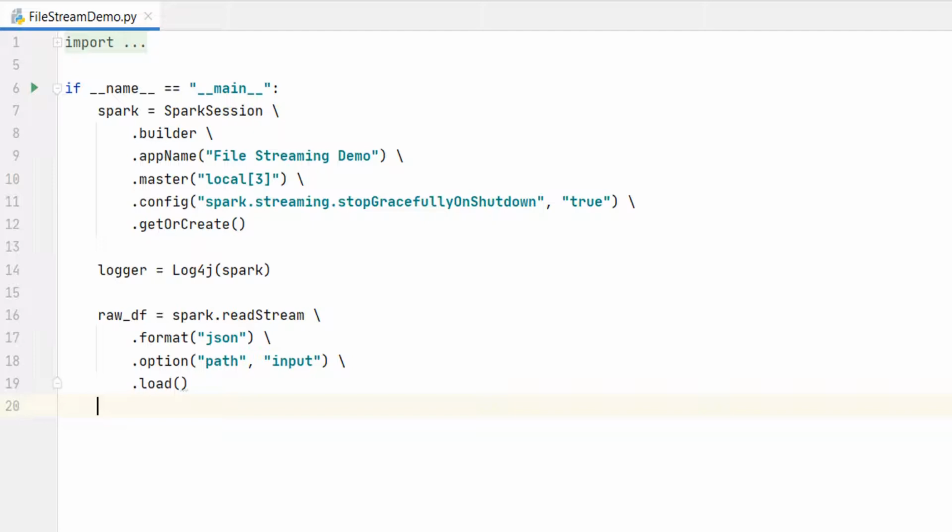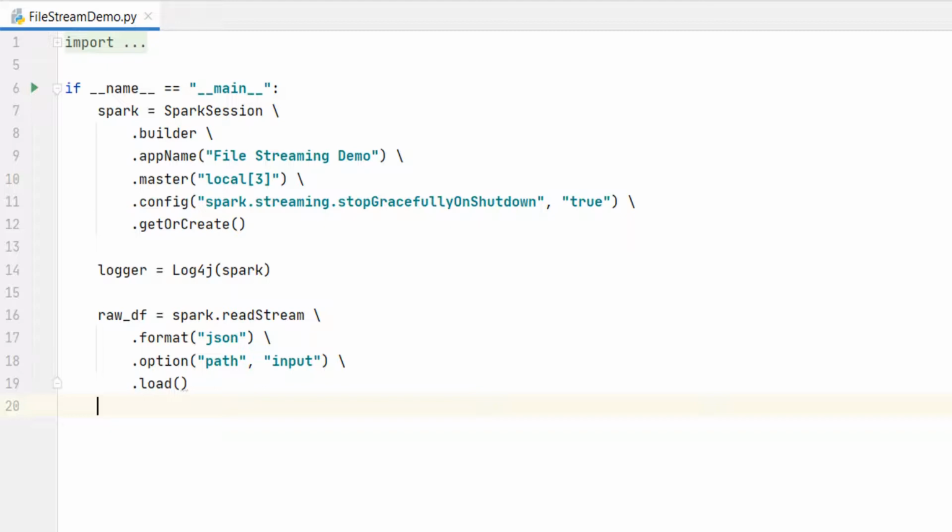Reading a file stream is almost similar to reading a file. You will use the spark.read method to read a file and get a standard data frame. However, you will use the spark.readStream to read a streaming file and get a streaming data frame. Make sense? If your data is coming as CSV, you can set the format as CSV. You can even use the CSV options such as header and date format, etc. The point is straight. The read stream allows you to read any supported file format in the same way you read them to a standard data frame.